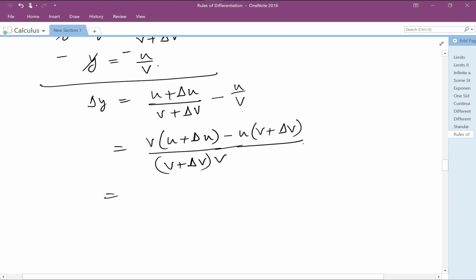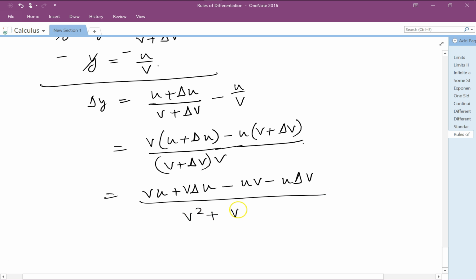Now let's simplify. v times u plus v delta u minus uv minus u delta v, divided by v square